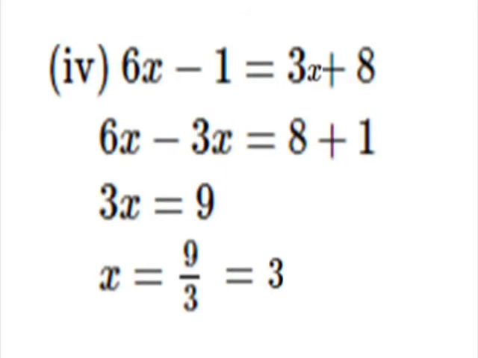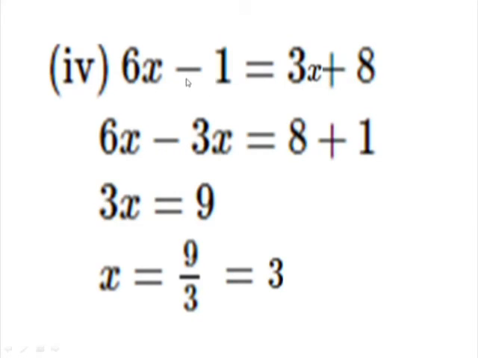Now example number 4, children. 6x minus 1 is equal to 3x plus 8. Now in this equation you can see the terms of x are given on both the sides of the equation. So we will bring both the terms of x on one side, that is, we will bring both of them in left hand side and we will bring all the numbers in right hand side. Now here 6x will remain as it is. Now 3x is in addition, so in left hand side it will come in subtraction. So you will get here 6x minus 3x. Then equal to, here plus 8 will remain as it is.